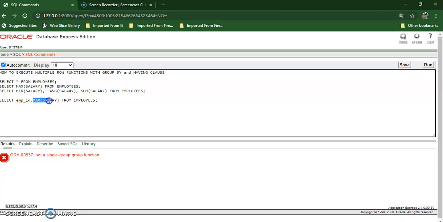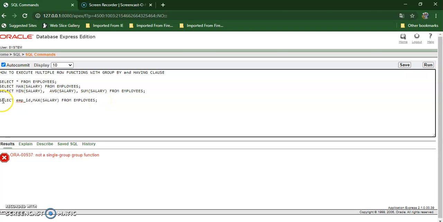So this is the group function, and against this group function result, I cannot display any employee ID without having any other clause. I cannot write this employee ID column over here. That's a rule, and this statement doesn't make any sense for the execution.